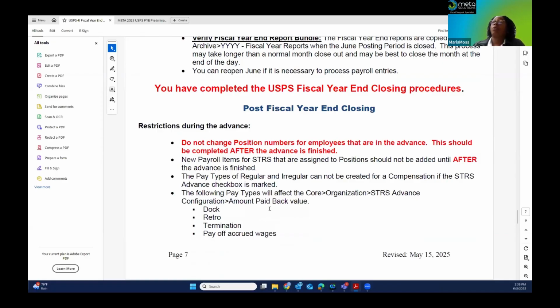That's the checkbox on the compensation screen. The following pay types will affect the Core Organization STRS configuration amount paid back: the doc, the retro, termination, and pay off accrued wages. So these amounts do affect that amount paid back.